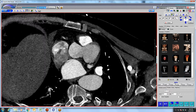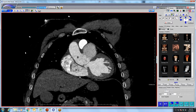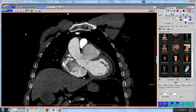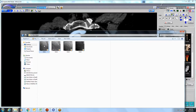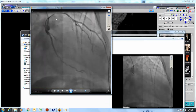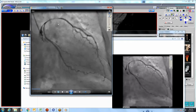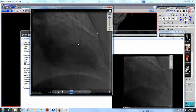The other interesting thing is it's hard to picture it, but this thing is dramatically displacing the left-sided coronary system. So here's his left main, and then here's his LAD going basically all the way over and around this massive sinus of Valsalva aneurysm, and it was actually severely compressed. So here were some cath videos, and you can see that this negative space that's displacing it is the large sinus of Valsalva aneurysm, and here is that narrowing in the proximal LAD, and then here is just another picture of this huge one, and then they did at some point a ventriculogram, and you can see that this thing